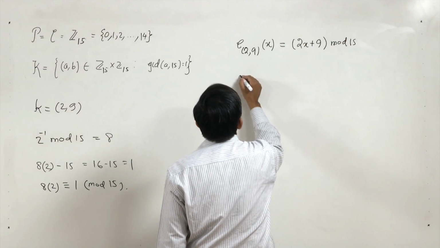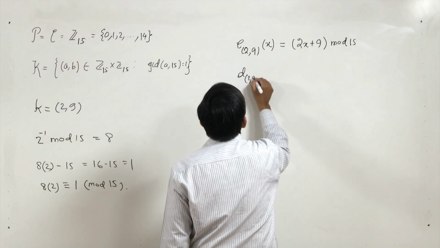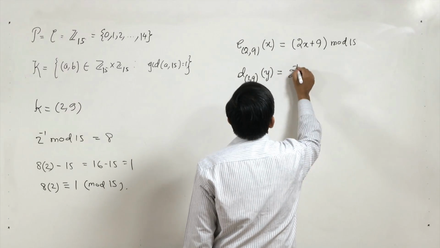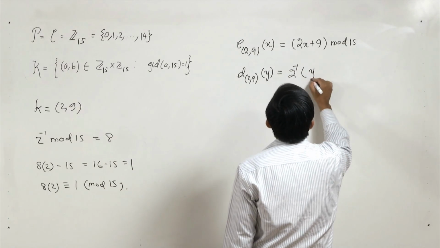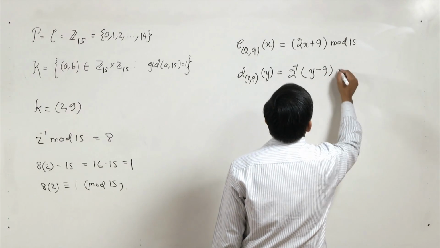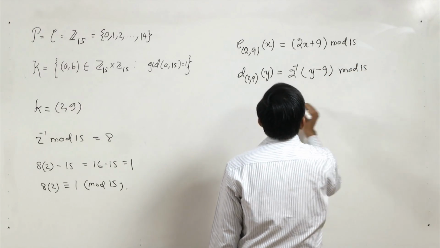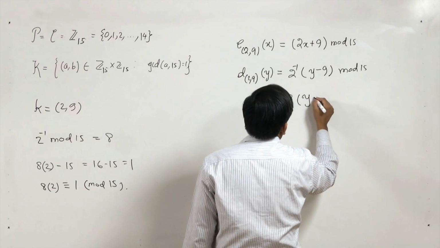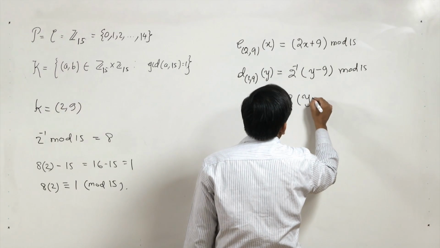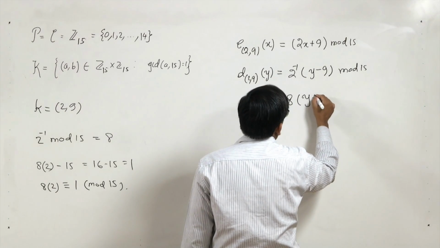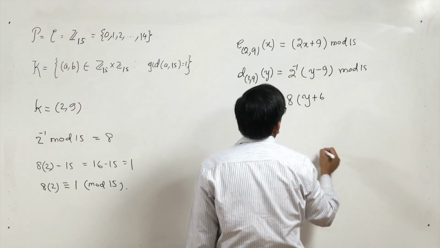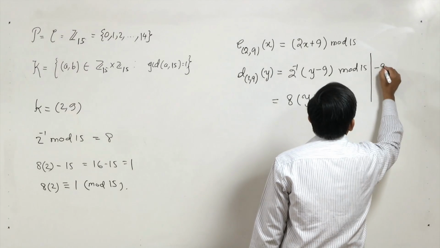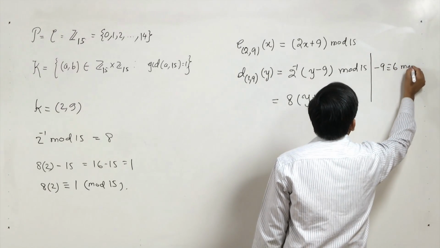and the decryption function D sub (2, 9) of y is going to be 2 inverse into (y minus 9) mod 15, and I can safely put 8 instead of 2, and instead of minus 9 I can always put plus 6, because minus 9 is congruent to 6 mod 15,